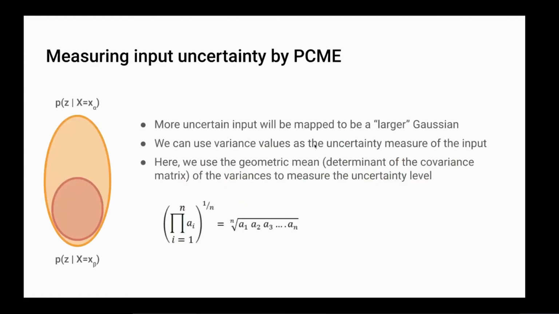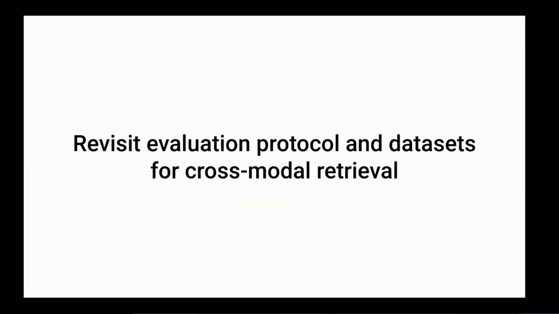And another good thing of this probabilistic embedding is you have variance, right? So you can measure the input uncertainty by using this probabilistic embedding. A more uncertain input will be mapped to a larger Gaussian, which means you will have larger variances. So here we use the geometric mean of the determinant of the covariance matrix, or just the product of everything in the covariance elements, to compute the input uncertainty. Okay, so that was the implementation detail of PMRP, and I'm going to talk about the evaluation protocol and datasets